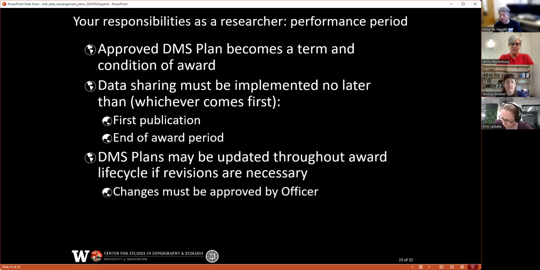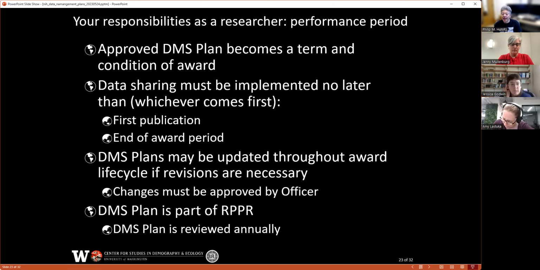But any changes to the plan must be approved by your officer. And the plan is part of the RPPR process, and the plan is reviewed annually. So this is a serious thing in terms of